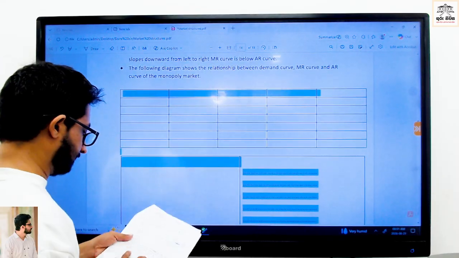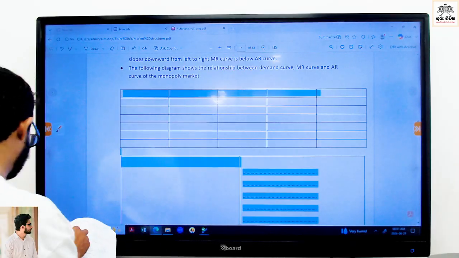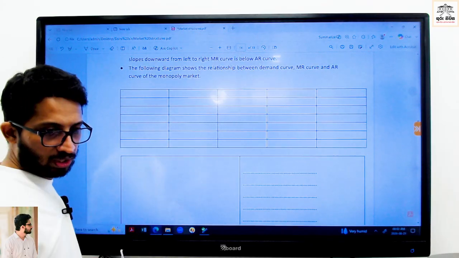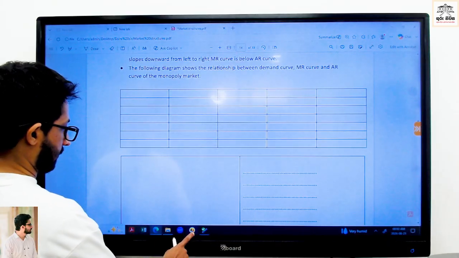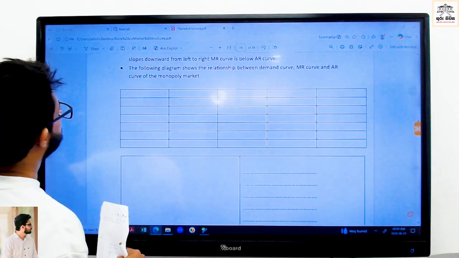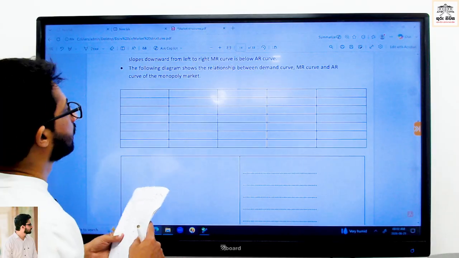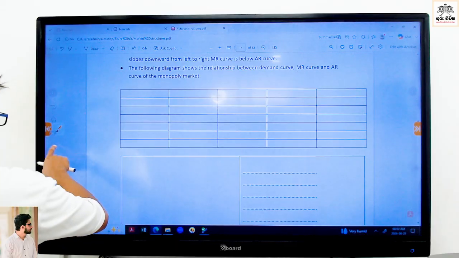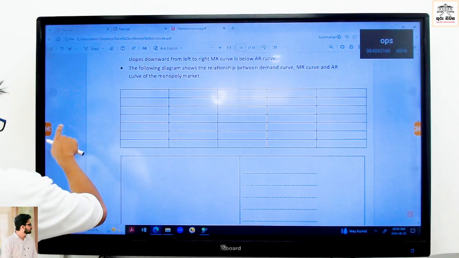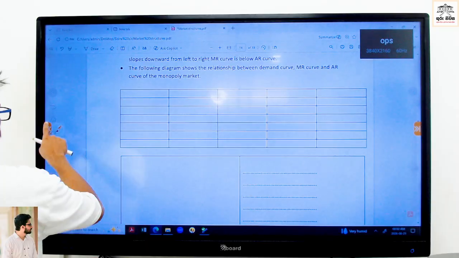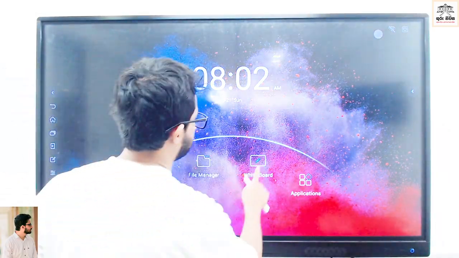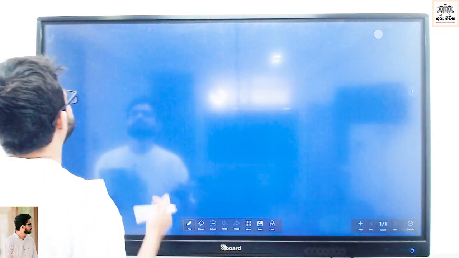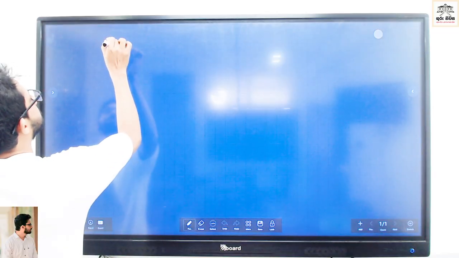Write down here. I'll use the whiteboard, that's better. Write down here, page number 14. This is the table: